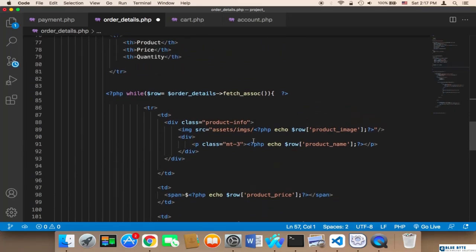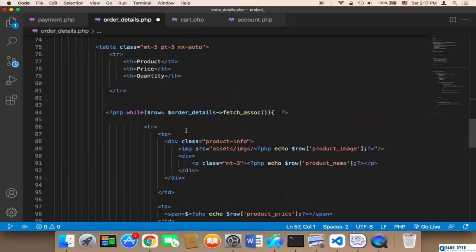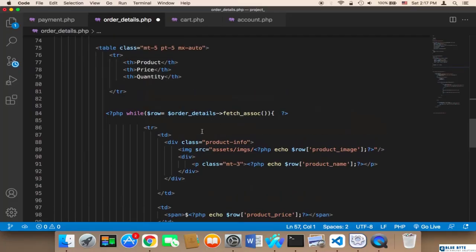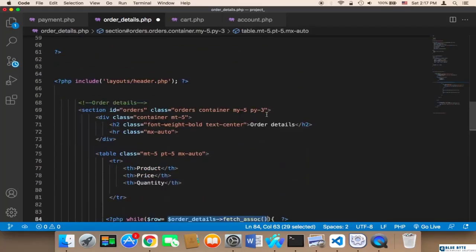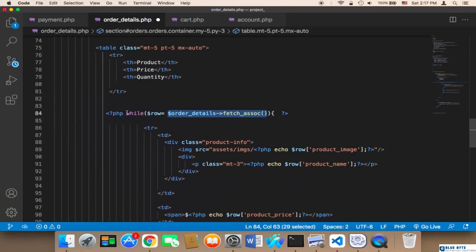So we need to get the order price and the quantity. So we have the order details. Remember, this order details is going to be an array. So we can copy this line of code, which actually, we can copy the entire loop. We can copy this while, and then in the